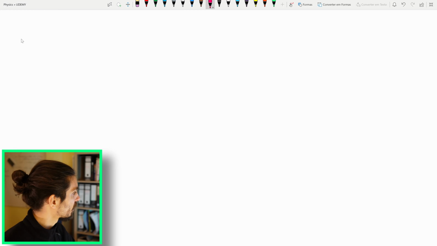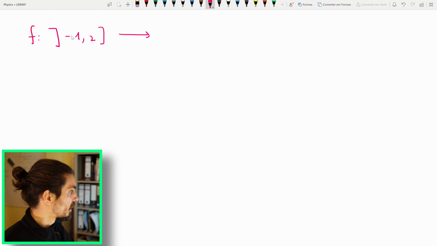Now let's see an example of a composition of a function and the calculation of its domain, which is a little bit more sophisticated than the other examples. For that, let us start with the following functions. The function f, whose domain is from -1 up to 2,